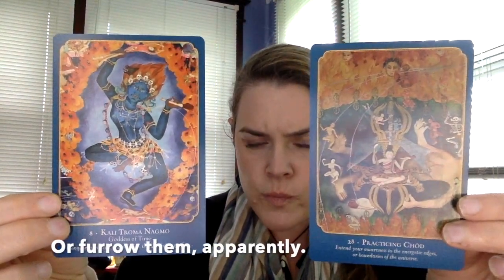Now, this is where I really began to raise my eyebrows a little bit. I don't know that. I mean, as a Tibetan practitioner, if I draw these cards, they will mean something to me for sure. Absolutely, are they going to mean something to me? I will know instantly, okay, that energy is there. I feel that. When I go to the guidebook,